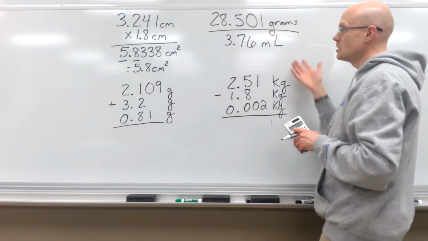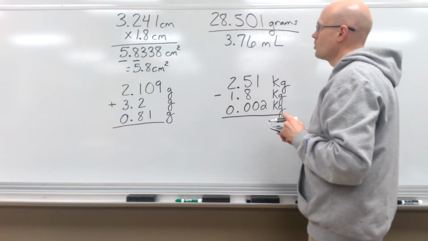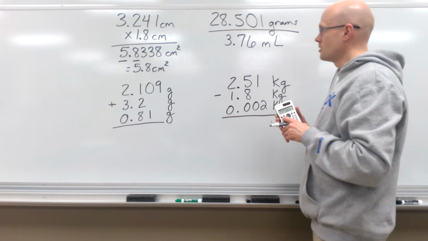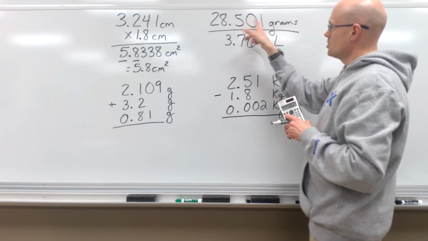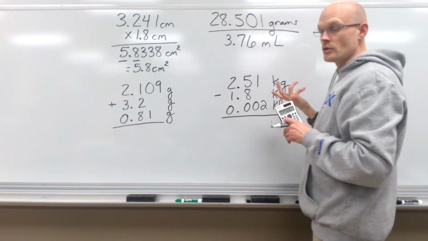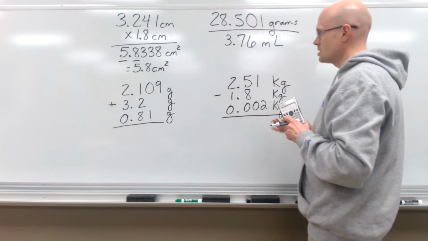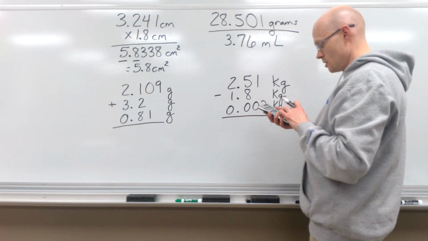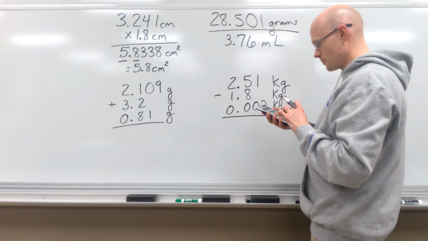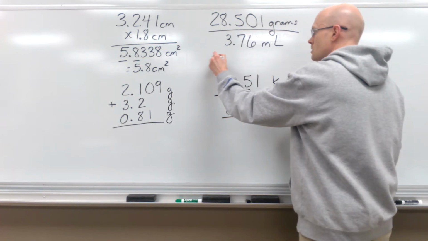Now we move to a division problem. 28.501 is 5 significant figures. The 0 is squeezed between 2 non-zero digits, therefore it's significant. 3.76 is 3 significant figures. All non-zero digits are significant. So when we put this into the calculator, we get